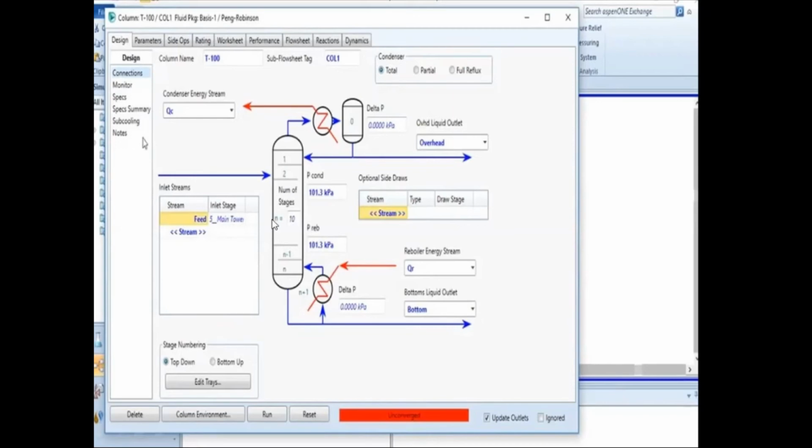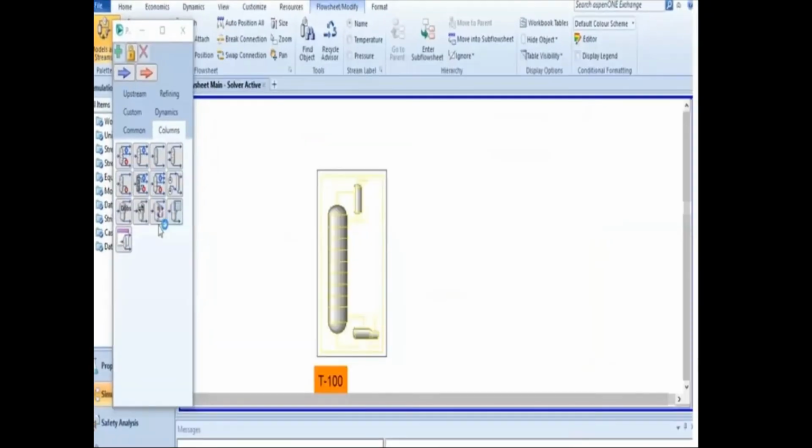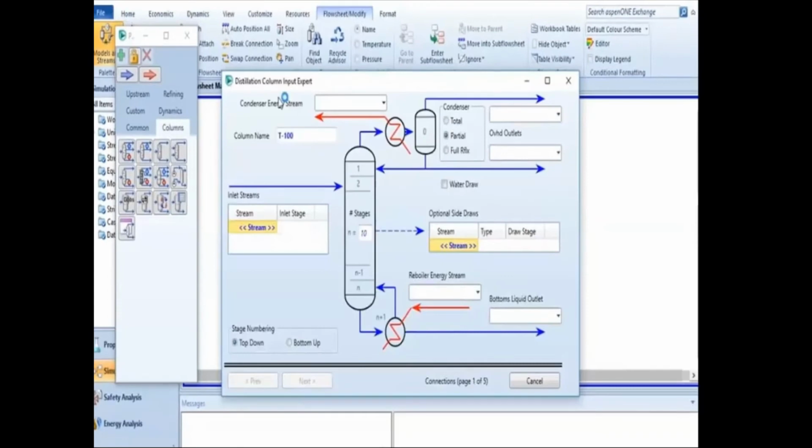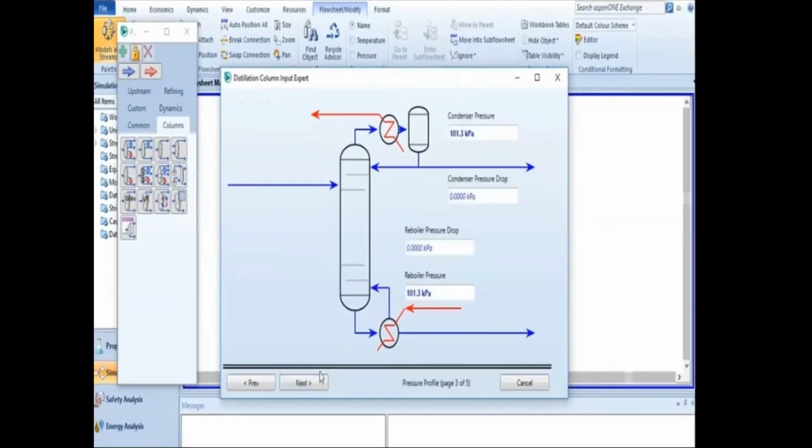After that, double click over this distillation column and check whether all the data you entered is provided or not. For example, you can see here, after double clicking over the distillation column, such a type of tab is open. Here you have to select whether total condenser is selected or partial condenser is selected, and whether overhead pressure is given or not. All this data, the temperature data and pressure data for the feed stream, must be provided. If that is not mentioned, you have to enter it from the assay data provided by the chemist.